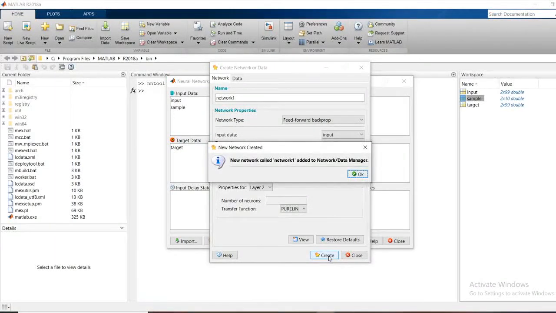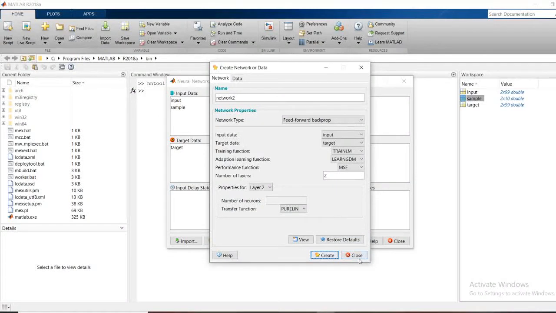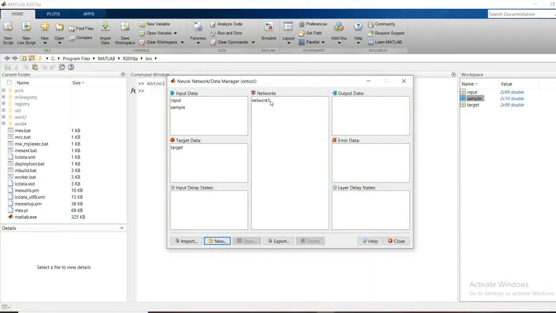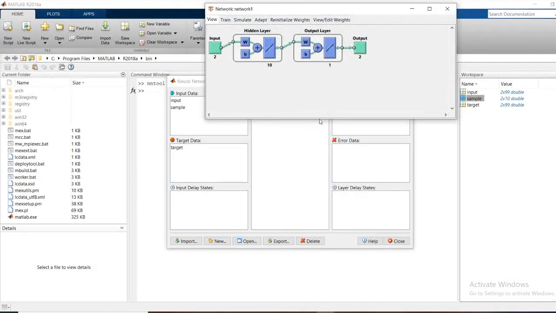Now network 1 is added to the data manager. Go view, OK. Now close this window. Network 1 is added to your toolbox. Double click on network 1. A small pop-up window appears at the topmost of the screen. Go for train. Before that, view.